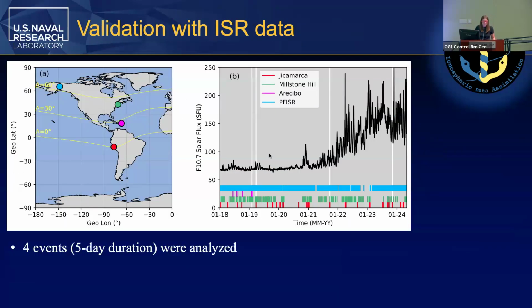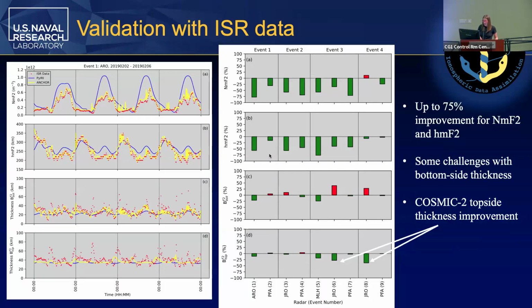We started very rigorous validation of Anchor. We conducted one study where we used incoherent scatter radar data to do the validation. So we looked at 4 different radars: Jicamarca, Millstone Hill, Arecibo, Pfizer. We found 4 events with different solar activity where at least 2 radars were operational. And we are not ingesting the incoherent scatter radar now into assimilation, but we compare it to the results of